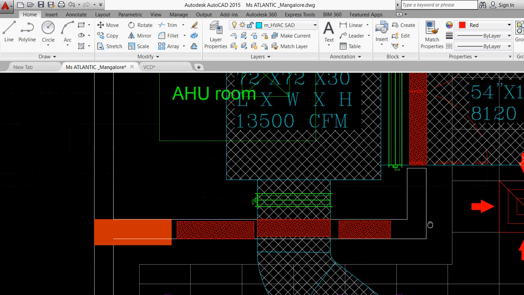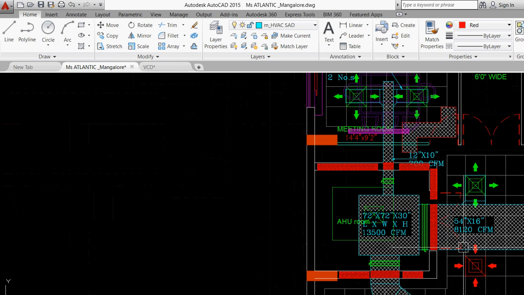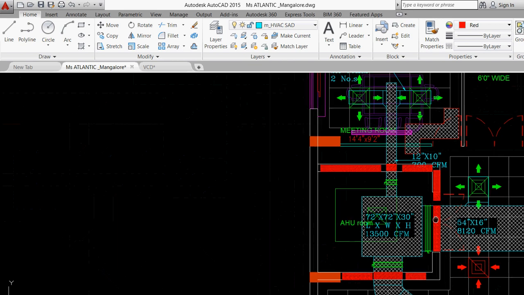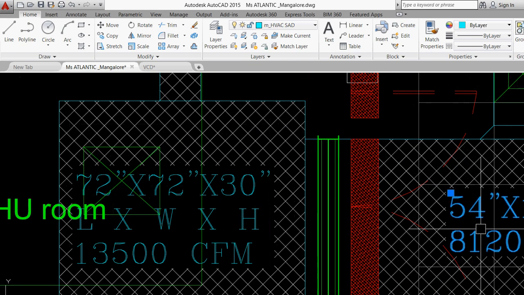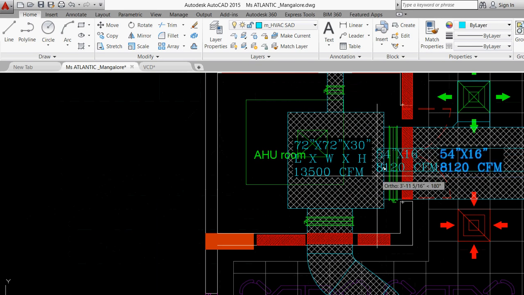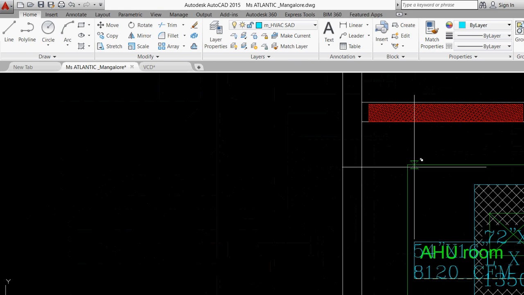So basically all these things are my return air fire dampers. For supply, we need not mention the dimension because the duct size will be your dimension. But for return air, it's mandatory for me. So I write it as